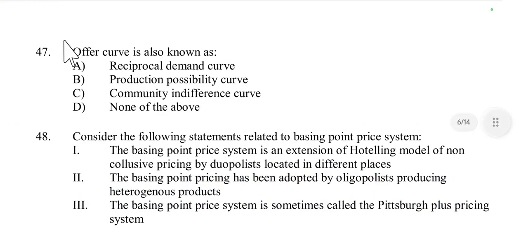Then question number 47, offer curve is also known as reciprocal demand curve, production possibility curve, community indifference curve, or none of these. So offer curve, it is also known as reciprocal demand curve, because offer curve represents the quantities of one good a country is willing to export in exchange for another good it imports, so at various terms